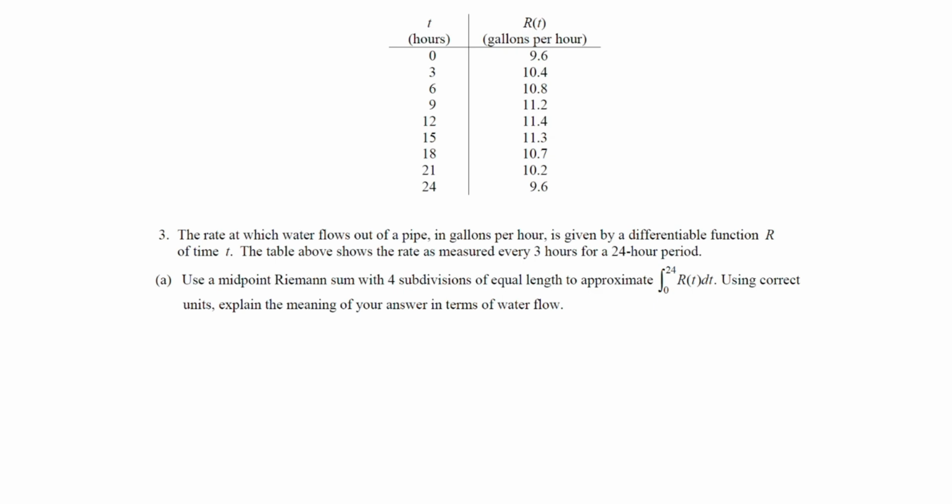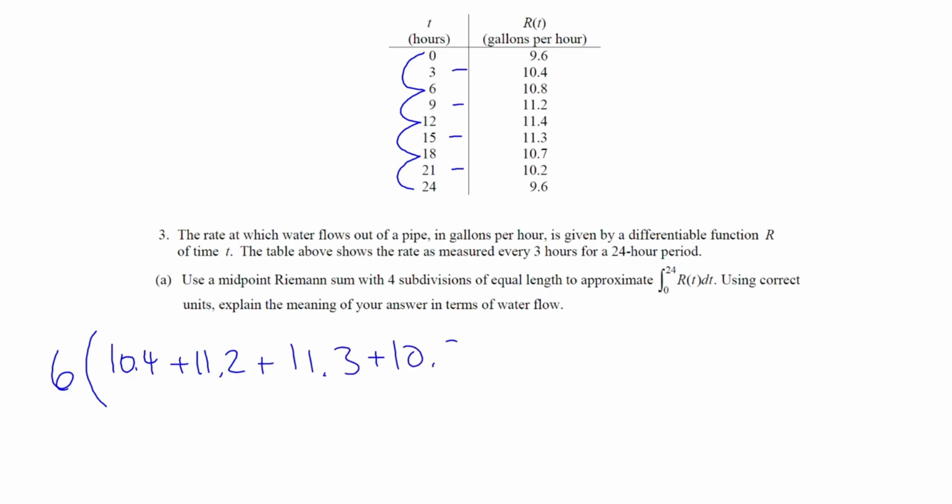So we'll do the integral first, right? From 0 to 24, 4 subdivisions of equal length will be 0 to 6, 6 to 12, 12 to 18, and 18 to 24. The midpoints of each of those will occur at 3, 9, 15, and 21. And so first off, we take the length of the interval, which is going to be 6 for each of them. And then we multiply that by the values of R at 3, 9, 15, and 21, which are 10.4, 11.2,